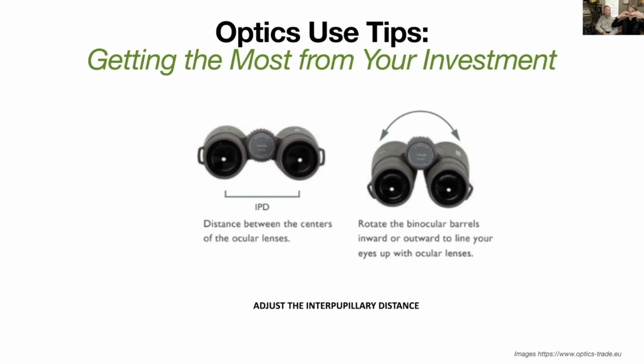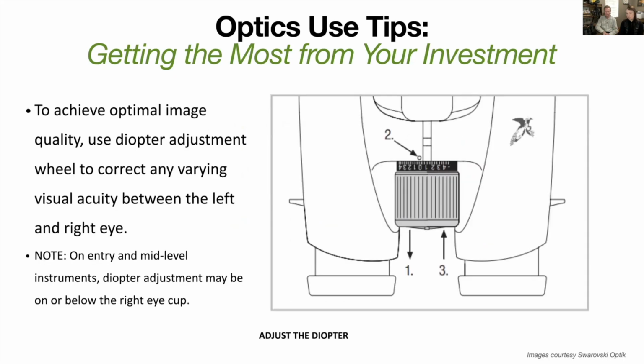But the hinges move, and you need to get that interpupillary distance matched to the ocular lens so that you don't get vignetting. If you're having trouble focusing, it might be because you actually haven't got your eyes matched to the ocular lens. So maybe talk a little bit now about some people don't even realize they have this feature, and it can be highly useful. Yeah, so the diopter, as I mentioned earlier, is designed to compensate for difference in vision